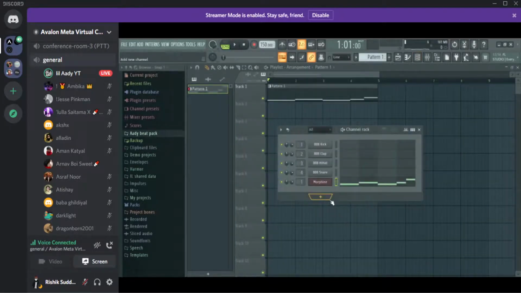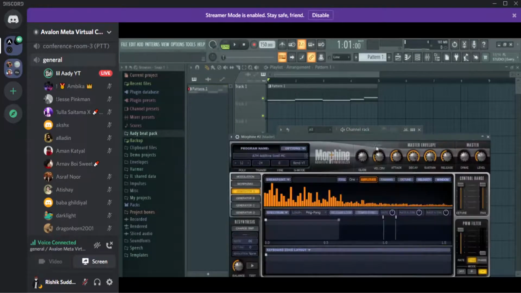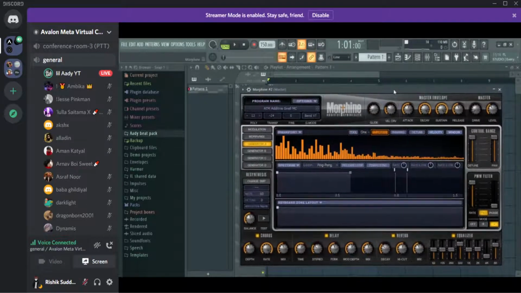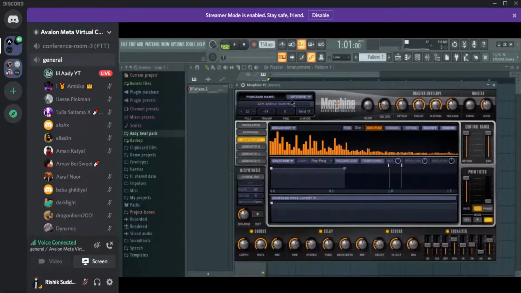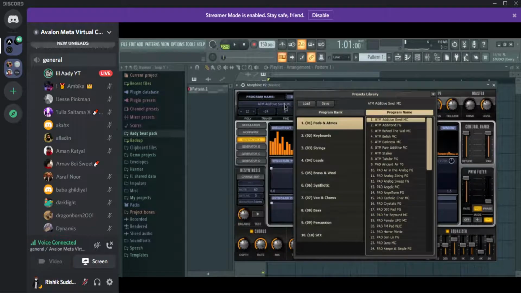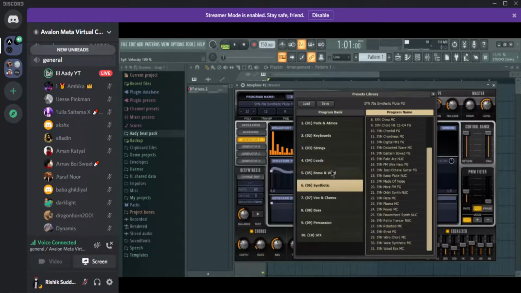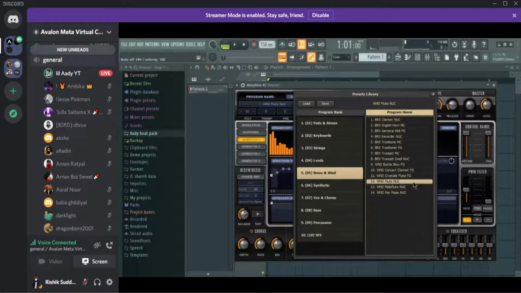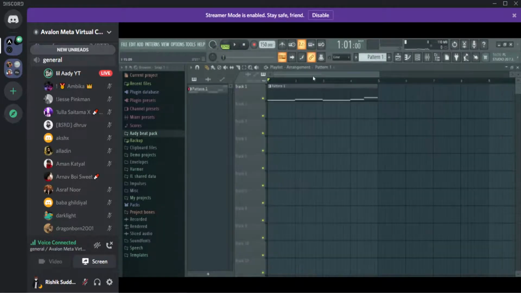I'll just give this number one. Nothing special. I just added morphine. The first thing I made was morphine on my project, so I just gave it first. So if I think that, yeah, this is sounding a bit too loud, I can just lower this and the master will remain the same. So if we go back to here and we keep using the B,